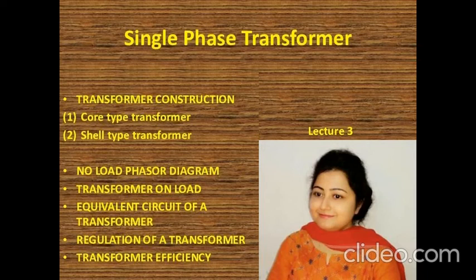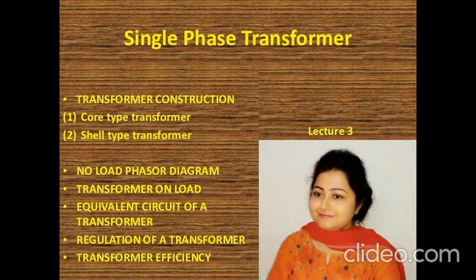There are two types of transformer. One is core type and another is shell type. In core type transformer, the windings surround a considerable part of the steel core. The core consists of two vertical legs and the horizontal portions called yokes. For reduction of the leakage flux, half of each winding is placed on each leg of the core.